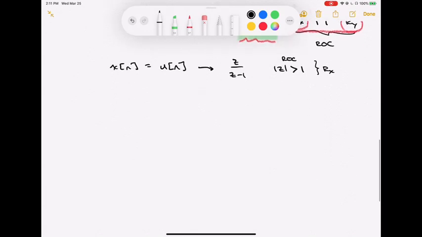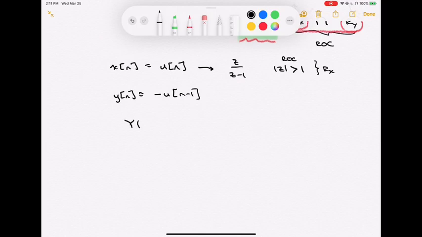I'm going to create my second signal now. I'm going to let y of n be equal to, in this particular case, minus u of n minus 1. So it's going to be a shifted unit step, and it's also going to have that -1 weighting on it. We can certainly take the transform of this as well in simple ways. For right now, since we haven't done this one explicitly in the past, I'll go ahead and just compute it